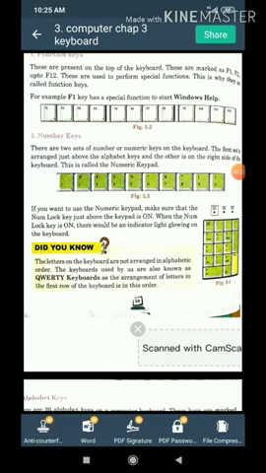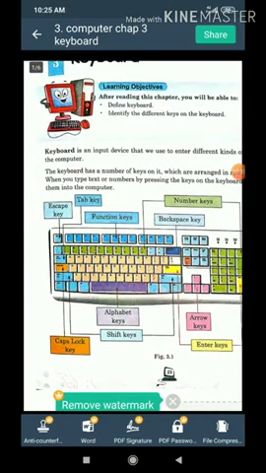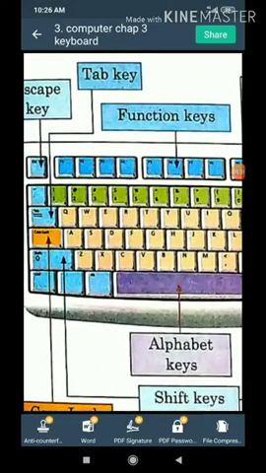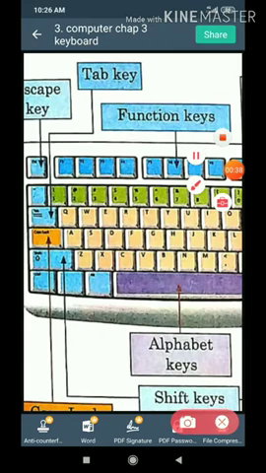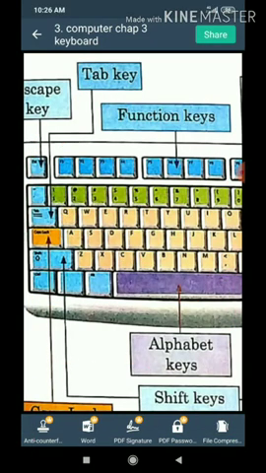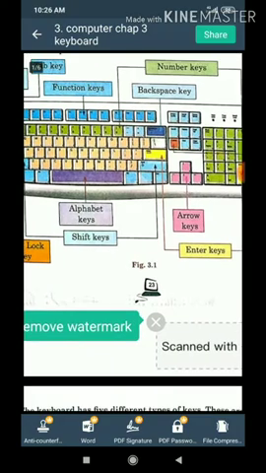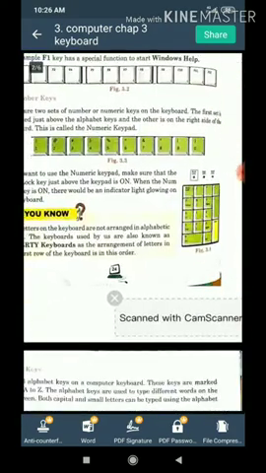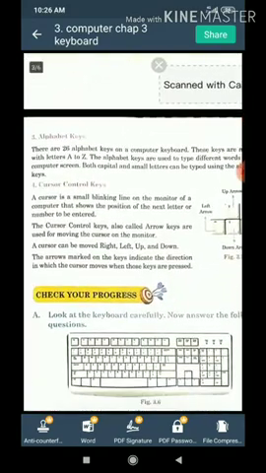If you pay attention, you will see that the first row of alphabet is QWERTY, and that is why this keyboard is also called a QWERTY keyboard. Alright, now let's move forward.